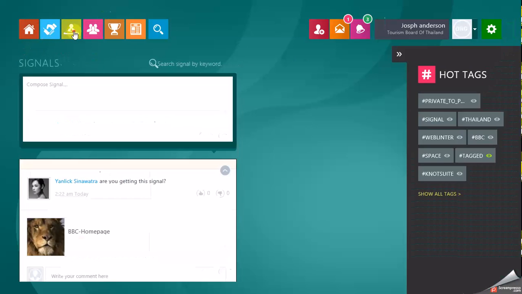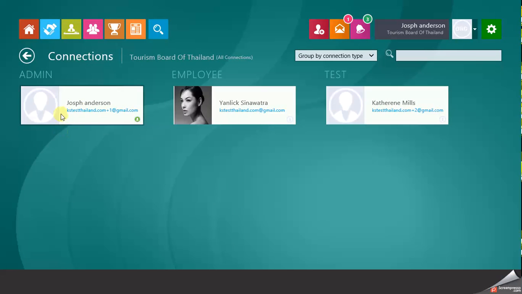So in the connection sections, we will show organizations and the members. For connections of Tourism Board of Thailand, which is an organization, we will show the admin and the employee and another person who is in an employee relationship with the test under test string. So this is all about our new features, and we do have a liberty about the excluded domain